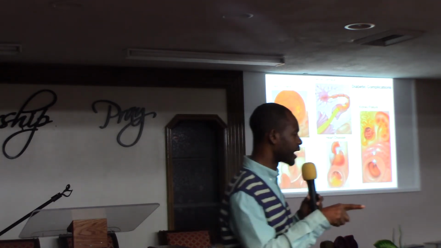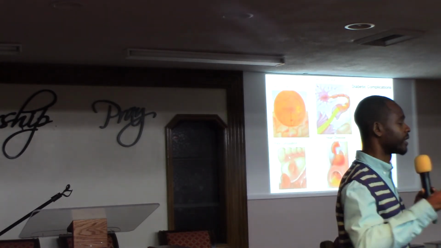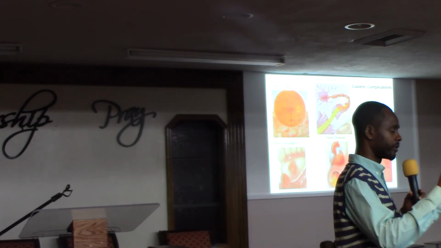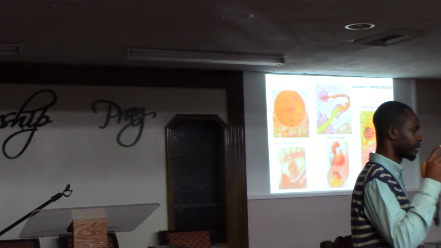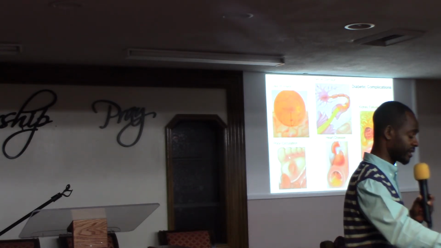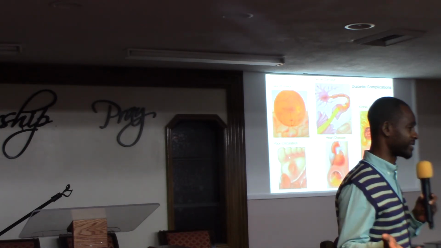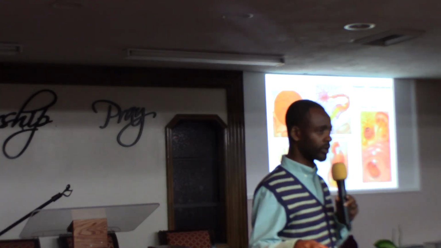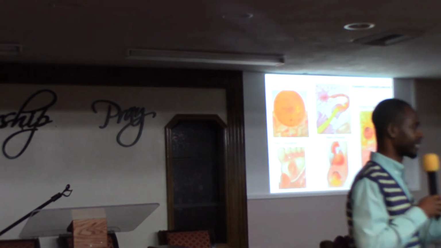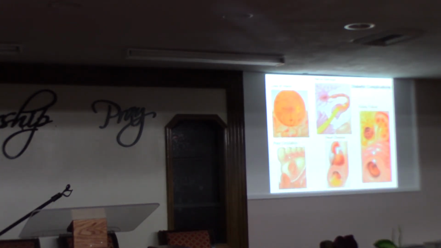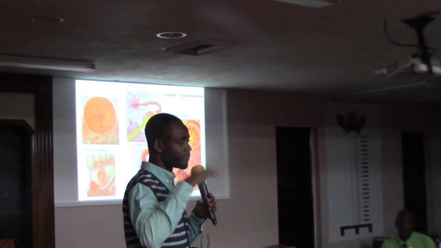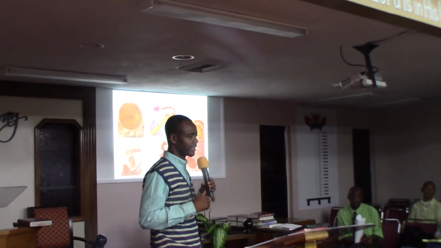Barberry and Oregon grape. Or you can use what's the other one? I said it the other night. Golden seal, but I don't buy golden seal because it's too expensive. It's a very expensive herb. So I use Oregon grape or barberry. Why? Because there's a chemical in it that actually causes the liver to be able to break down fats and also break down the insulin resistance in the body.